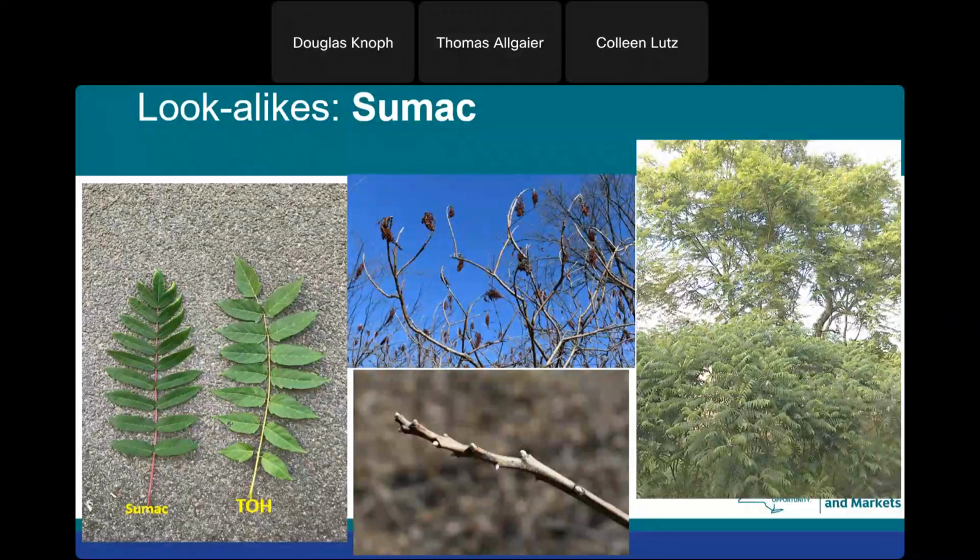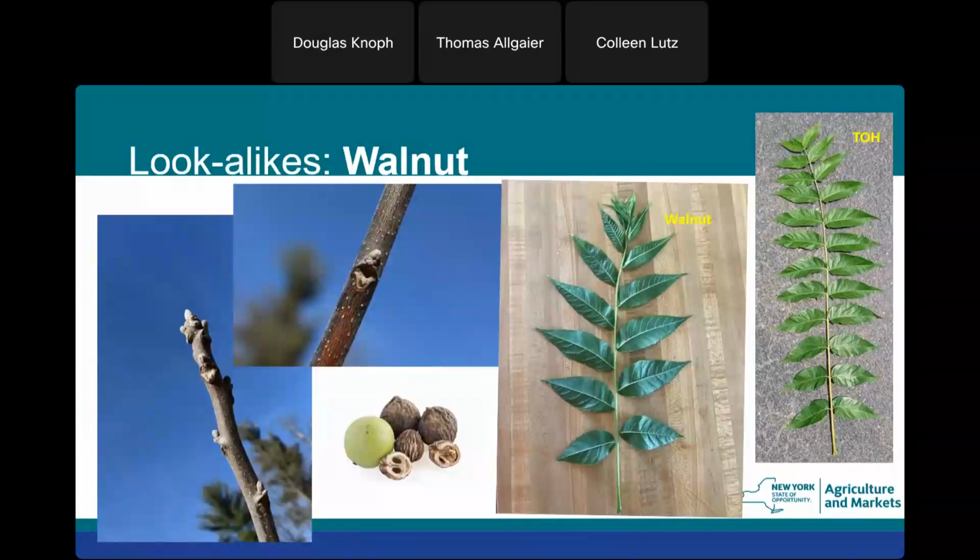So, next page. Another lookalike is walnut, particularly black walnut. You can find the fruits, the nuts themselves. They have a green mesocarp this time of year, and eventually that will slough off and you'll have the nut underneath. However, the buds don't have that typical shield, and the leaf bud is in the middle of the leaf scar, not at the top. And the leaflets are alternate versus opposite.